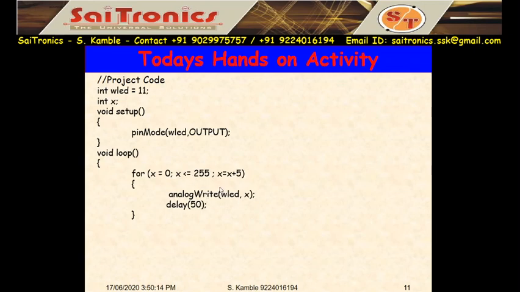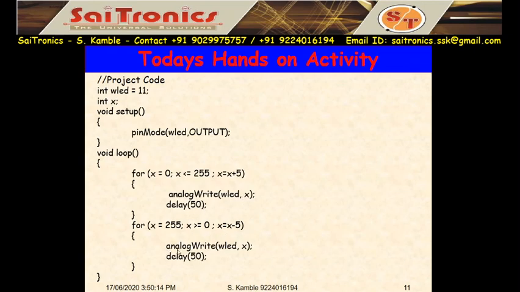Then after that x will become x plus 5. So again 10, 15, like this, x will increment by 5. Repeat this process until x is less than 255. When x goes above 255, it will come down, and in the down part the same program is written but in the reverse direction. So x is 255. Repeat this until x is above 0, and after every repeat x equals x minus 5.